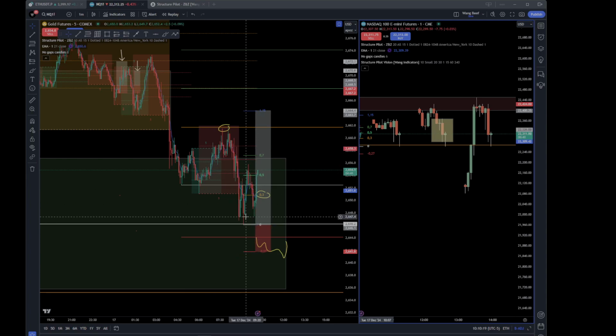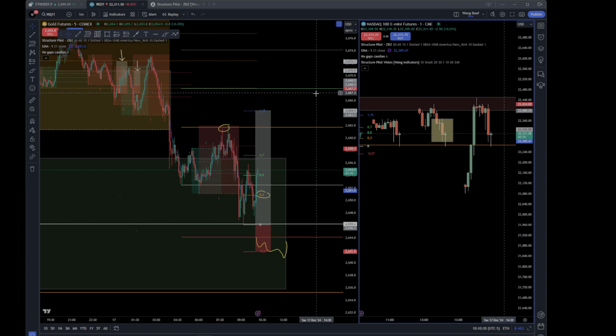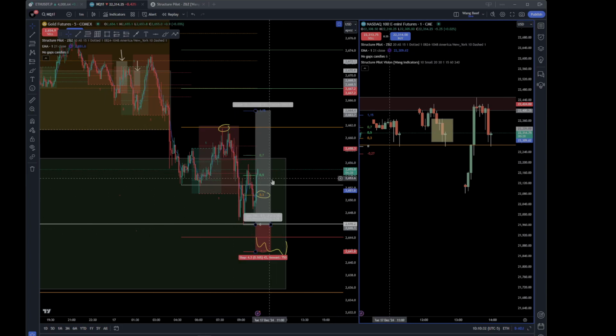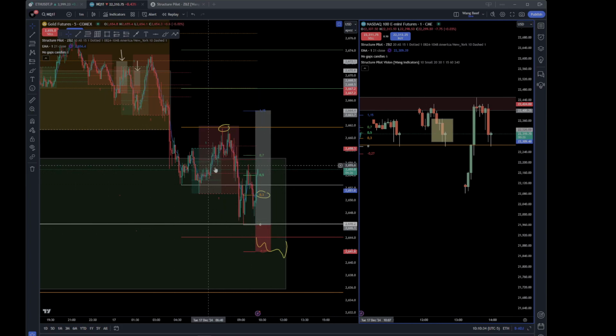See, tap the 50, came right back below, close to your entry, right? Could have swept the entry as well, and is delivering in the direction of your expectation. Then